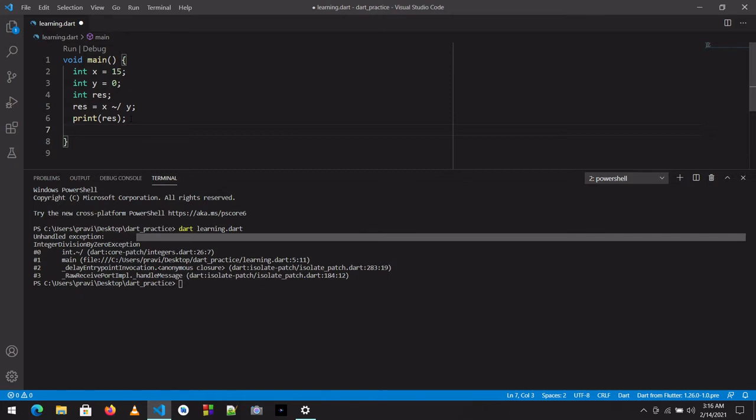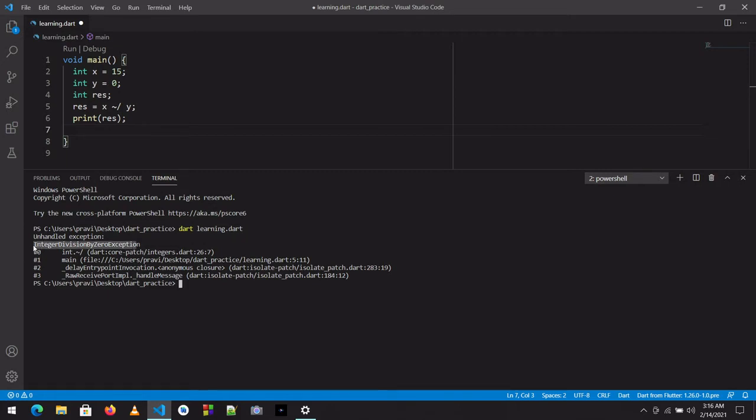If I want to avoid this interruption of my program, I will use exception handling to handle this exception, the integer division by 0. For handling this exception, I will wrap this result, x divided by y, in try. There is a concept called try catch, which handles the exception.